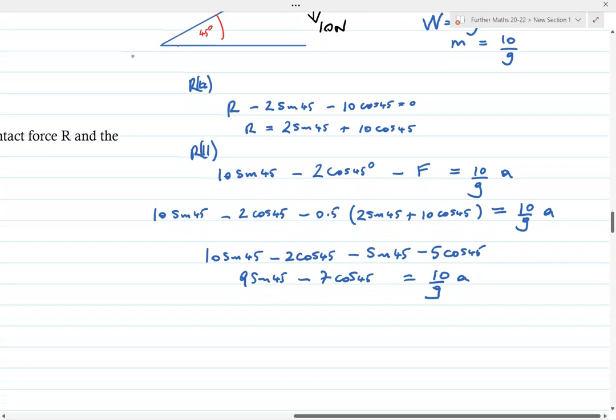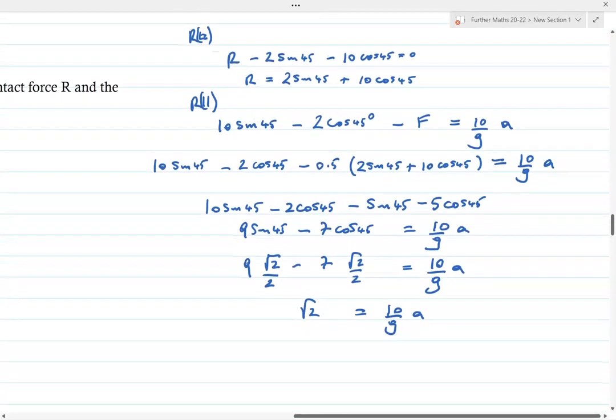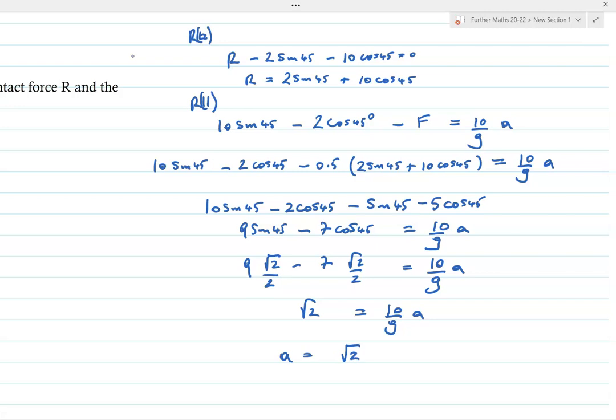Well, sine 45 and cos 45, I'm going to put the exact in. It might be useful to have an exact answer. So they're both the same. They're both the square root of 2 over 2 equals to 10 over g a. So that's 2 the square root of 2. So all this comes to 2 the square root of 2 over 2. So that's the square root of 2 equals to 10 over g a. So the acceleration is equal to the square root of 2 g over 10,